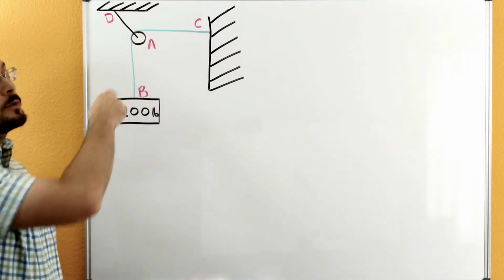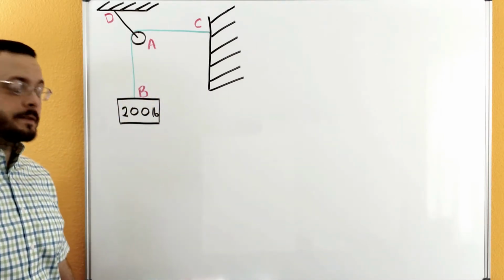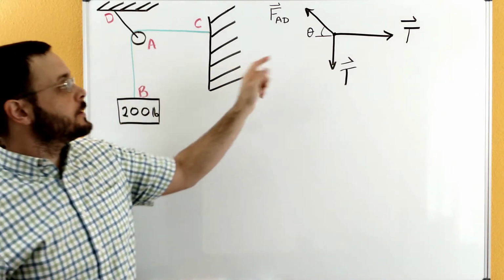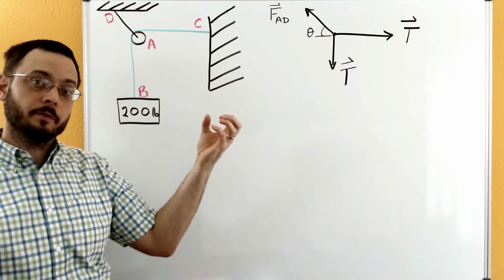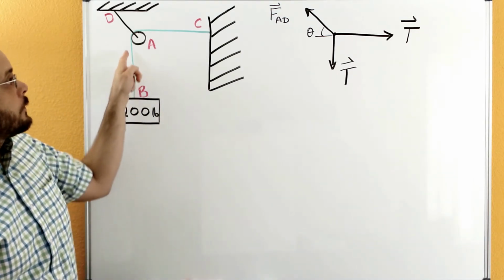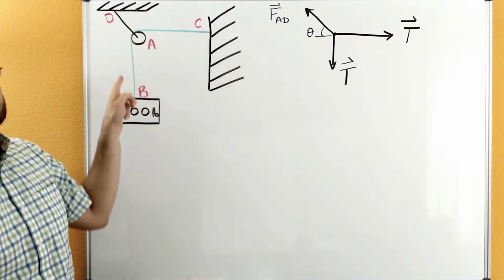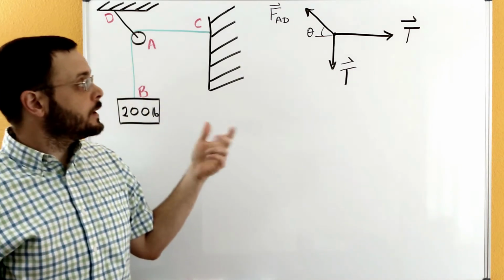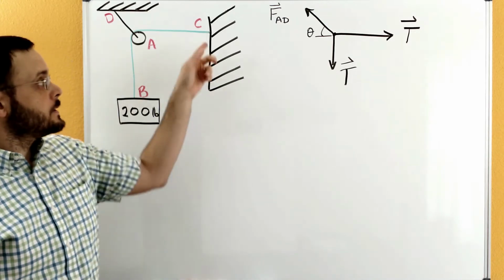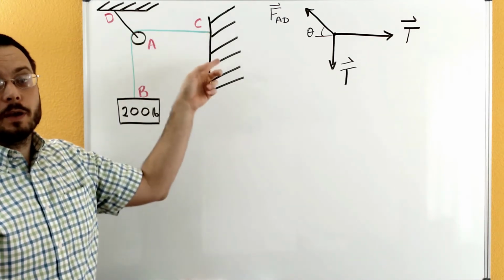First off, let's do our free body diagram just like we did last time. So we're going to take our pulley and collapse it down to a single point. The pulley is where everything comes together in this problem. We have one rope here in green that's going over the pulley. And when you have a smooth frictionless pulley in statics, the tension in the rope is the same everywhere in